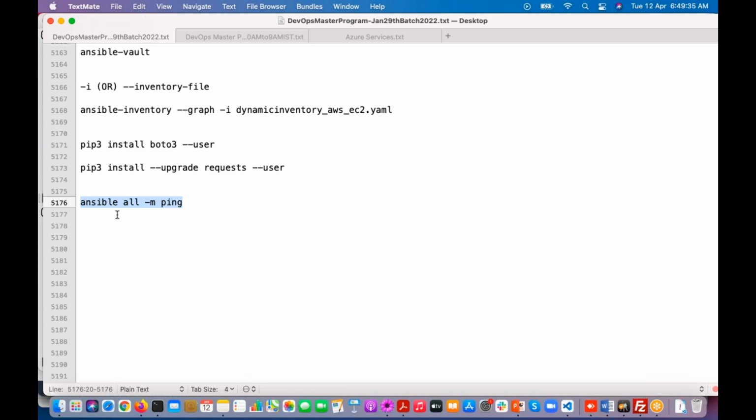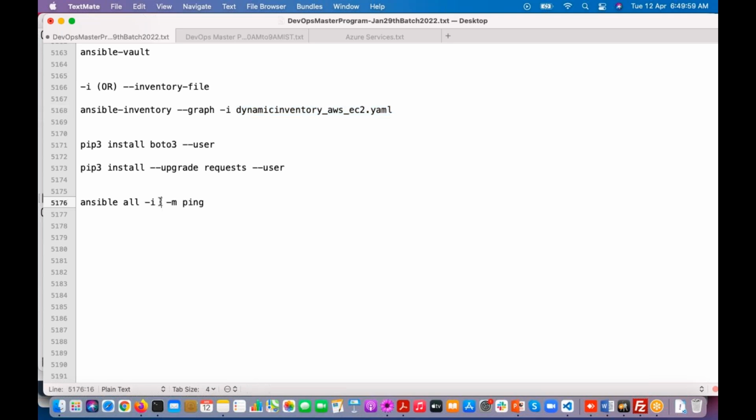But my requirement is to get that host information dynamically, and those servers I want to ping. So for that, we can use ansible all -i and specify that